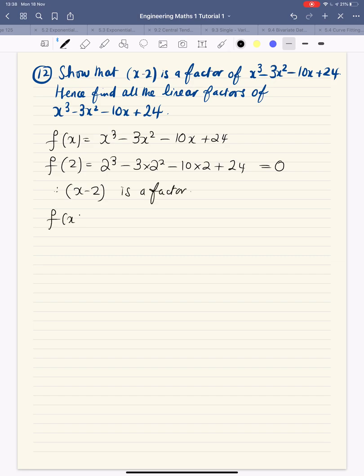So then we've got f of x is x minus 2, and we want it to be equal to this. So that's got to be x squared, so that we get x cubed. Then we've got minus 2x squared there, but we want minus 3x squared. So we need to take away another x squared to make minus 3x squared. And we want minus 10x, the next one, I'll do just a straight line. We've got plus 4x, and we want minus 10x, so we've got to take away